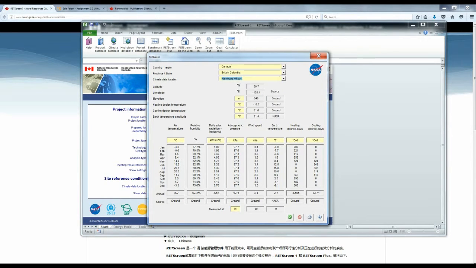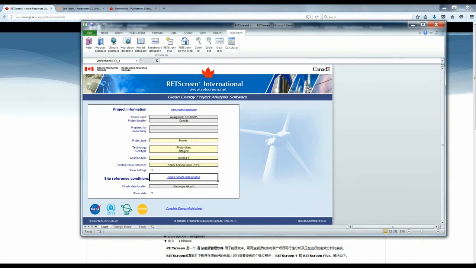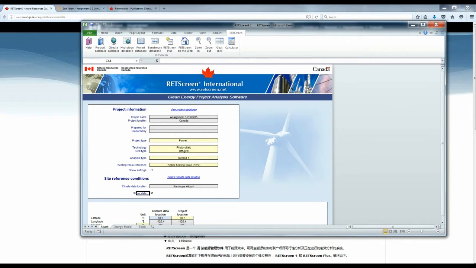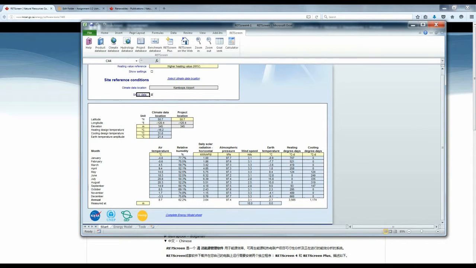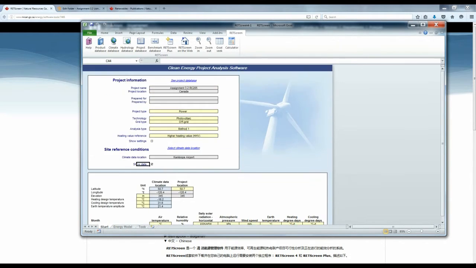Kamloops Airport. And you'll see that the data has changed. Of course, the most important stuff for us are the daily radiation horizontal, and it'll also do calculations for tilted and stuff. So hit the check mark to accept that, and now all the data is for Kamloops. You can check this show data part here, and a little bit below it will give you the detailed data, the relevant stuff that you need: heating degree days, shoulder radiation, wind speeds, and things like that for this